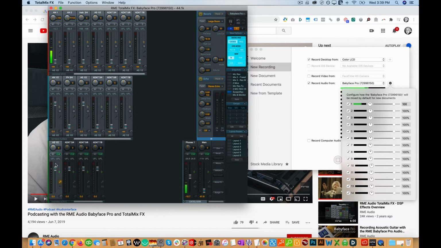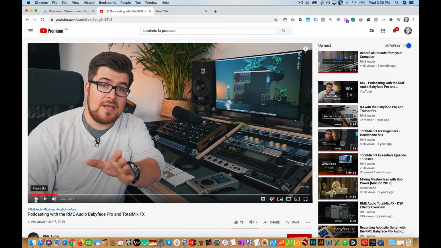So when I click on my output, I will just increase this up here. And what this does is it feeds back any sound coming from within the computer. So if somebody else is speaking on a podcast, or if, for example, you're playing a sound,